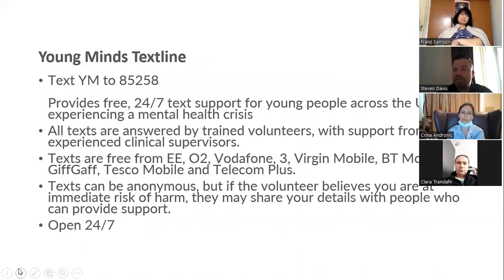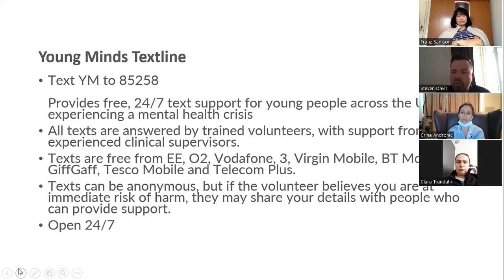There's Young Minds. For carers, you've got access to, I think it's called Shout. So if you type Shout on your phone, you get a text back, and it's for care workers. It was originally an app for NHS workers, and then because of COVID, they opened it up to all health and social care workers. So if you type Shout because you're feeling suicidal, you get a response back straight away. Are you in a safe place?